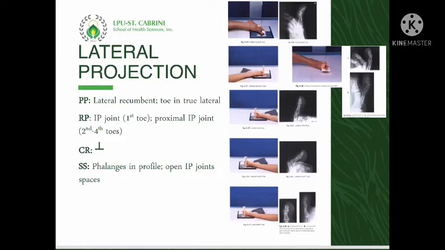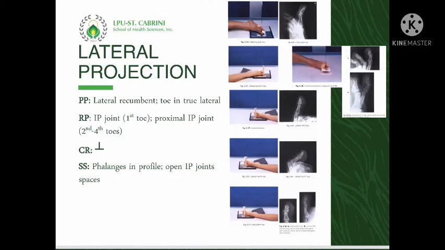Have the patient lie in lateral recumbent on the unaffected side and support the affected limb with sandbags, and adjust it in a comfortable position if the affected toe is the first or second. Place the IR under the toe and center it to the proximal phalanx. For the second toe, we can use either an 8 by 10 inch cassette if we'll be using a radiolucent stick to separate it from the others, or an occlusal film that can be placed in between the first and second toe. The position for these two toes makes a lateromedial projection.